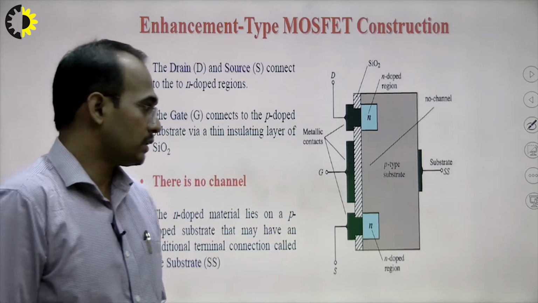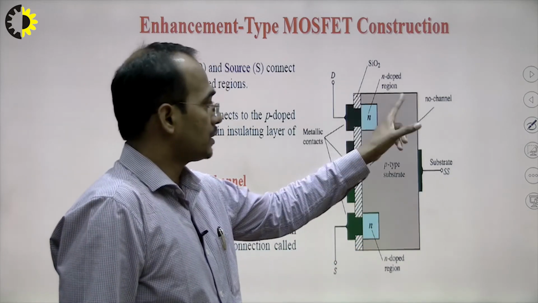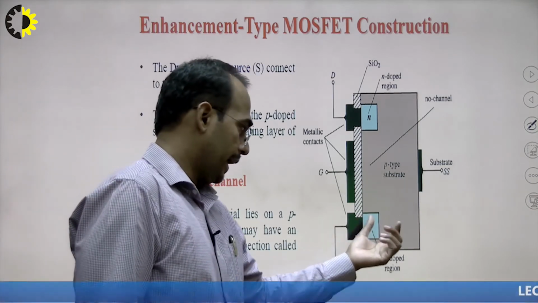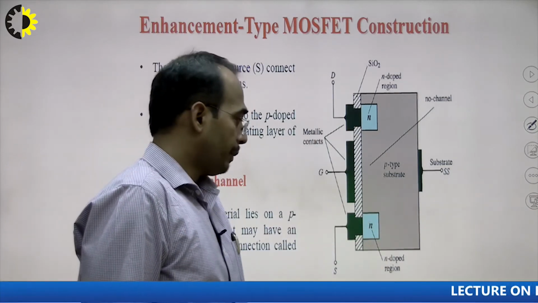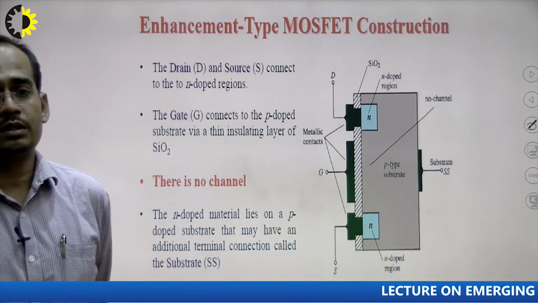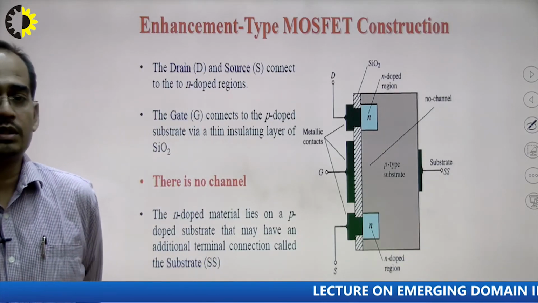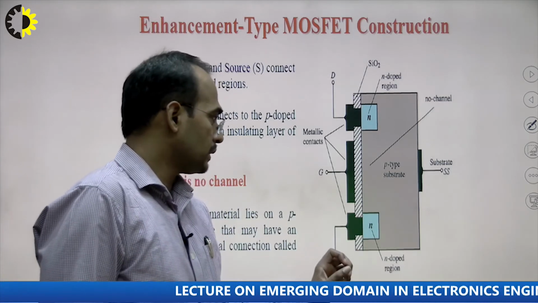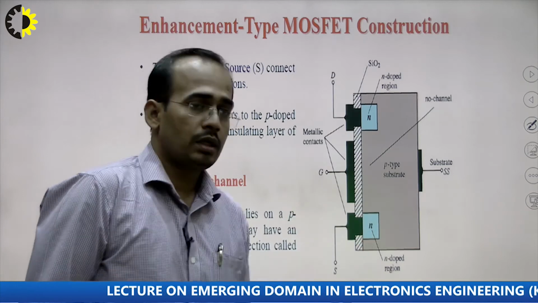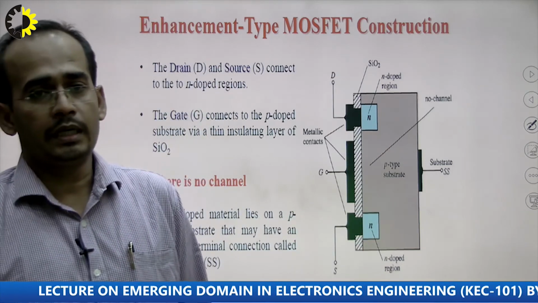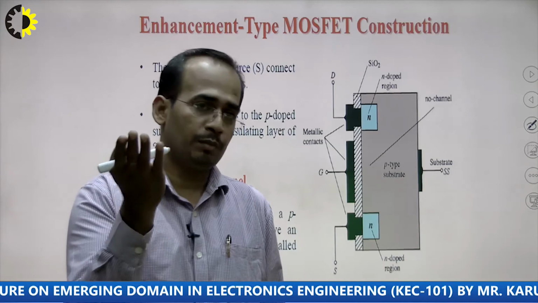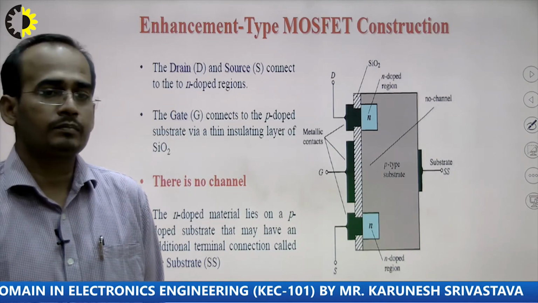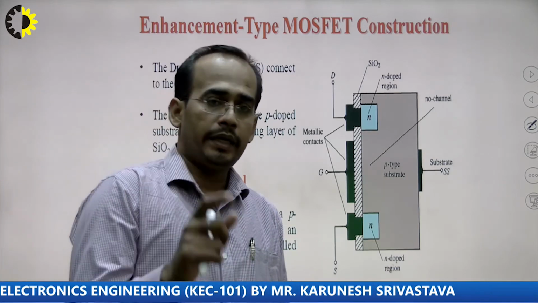So, the construction is quite similar. For the construction of this N channel enhancement type MOSFET, I will take the P type bar and create N wells for making the drain and source terminals. For making the drain and source terminals, we will use ohmic contacts, and a silicon dioxide layer is used for insulating the gate terminal and the P type substrate, and in the depletion type MOSFET we are using the silicon dioxide layer for insulating the gate terminal and the channel.